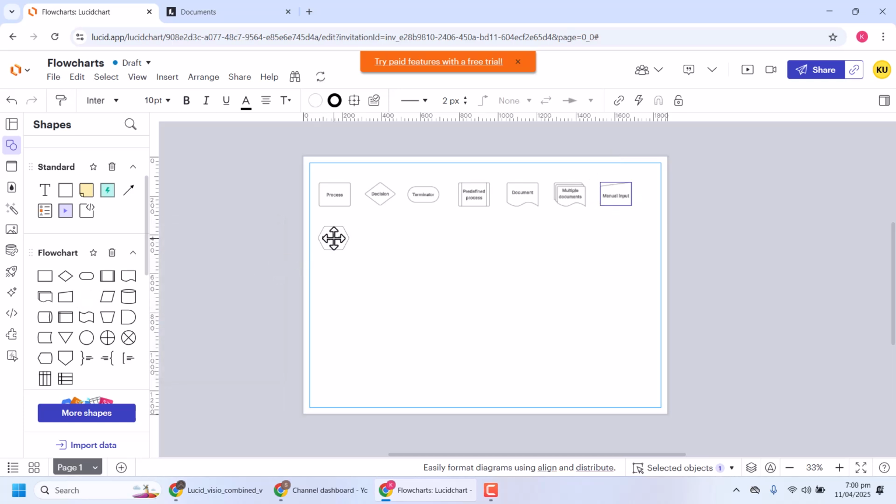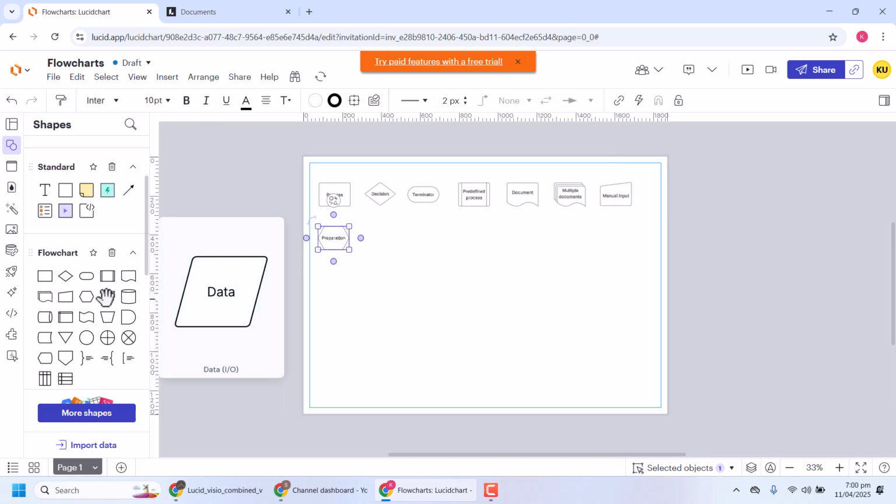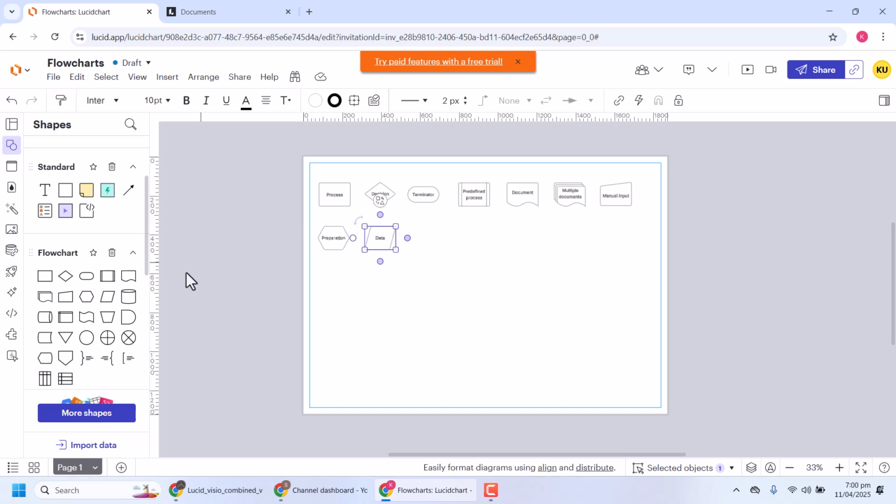So I'm going to insert a data shape, now a database, and